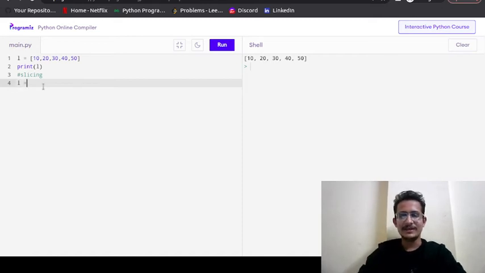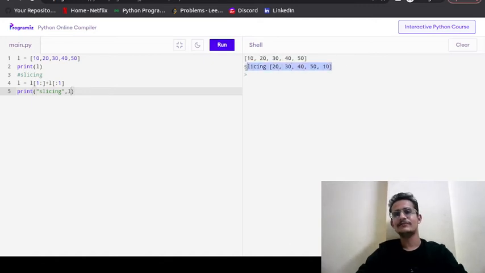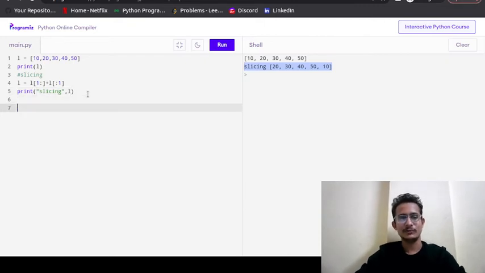So L will be equal to L of, we need to slice from first to end, then add the elements from 0 to 1. And let's print, slicing comma L. So you can see after slicing we have got this. Correct, this was the slicing approach.